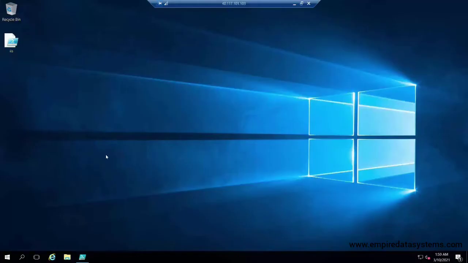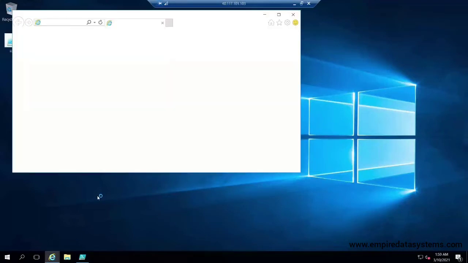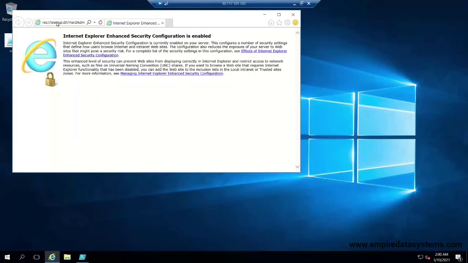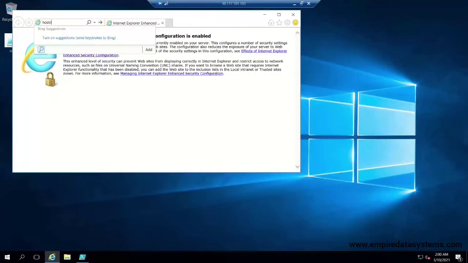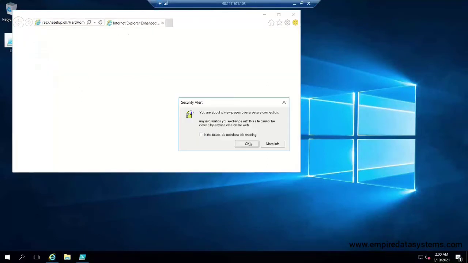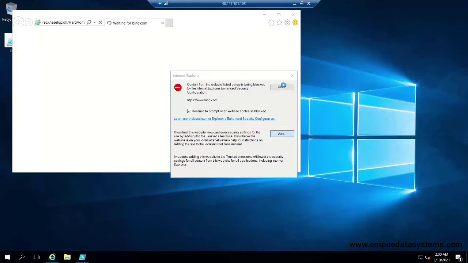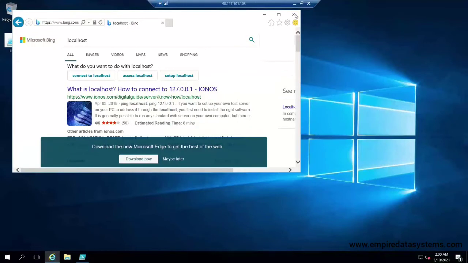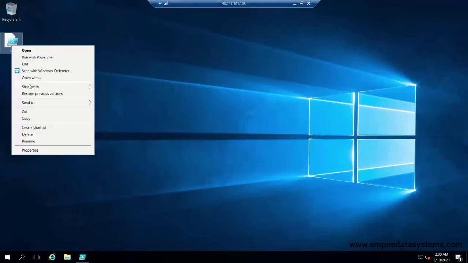So again, on this server, we don't have any IIS. We can cross check by opening Internet Explorer and typing localhost here. If you have any sort of IIS installed, then the IIS page should open. If not, then nothing is installed. As simple as that. So here nothing is there. We'll just close it. So now I'm going to use this script